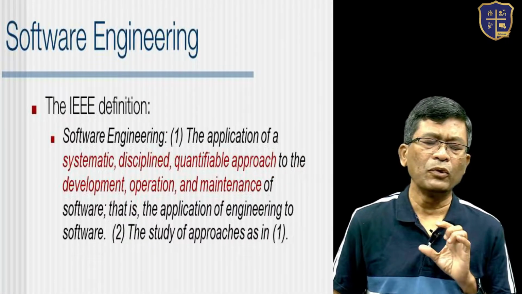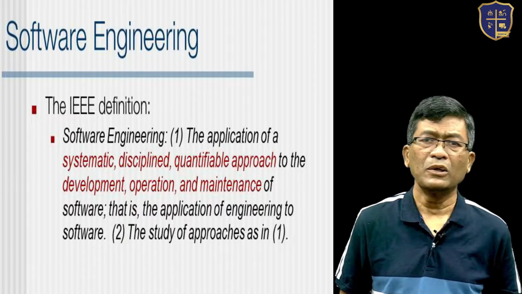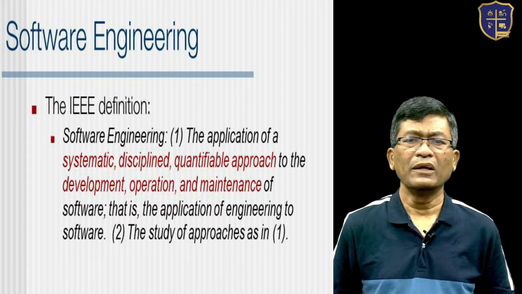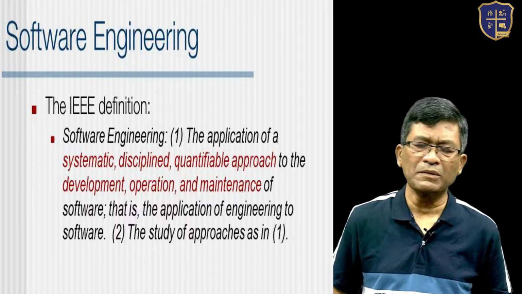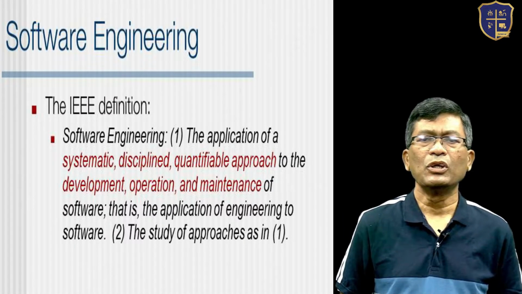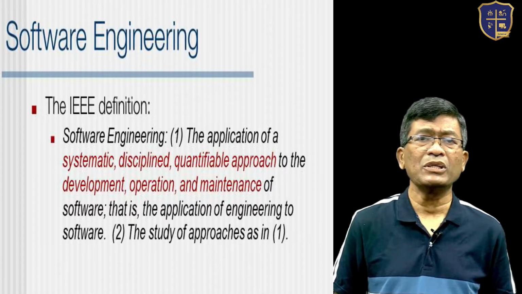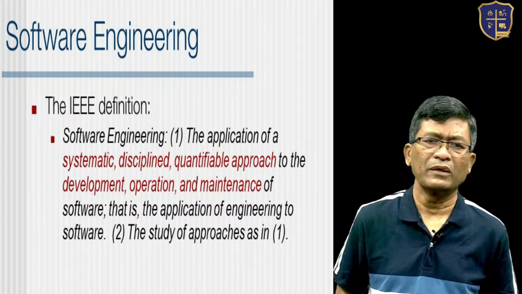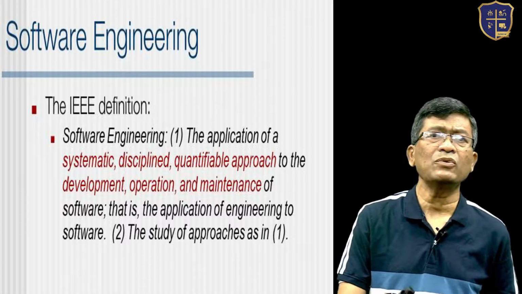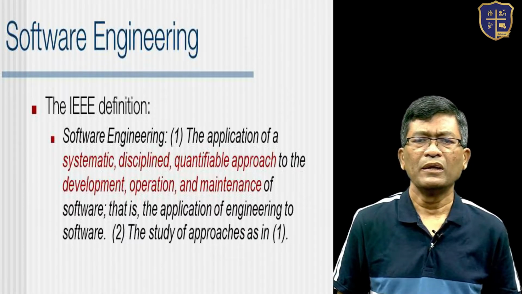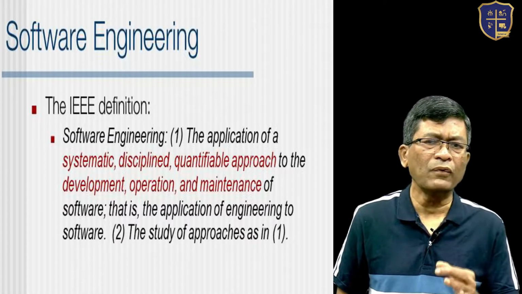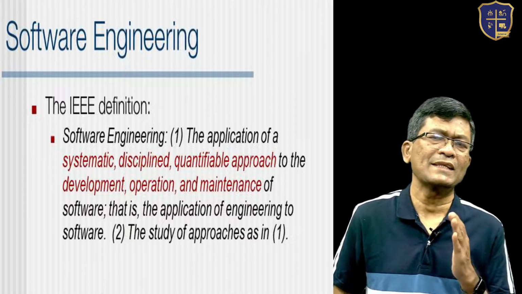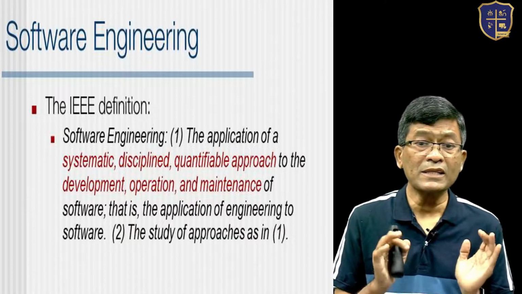IEEE has got a beautiful definition of engineering which is applied to software engineering. Software engineering is application of systematic, disciplined, quantified approach to development, operation and maintenance of a software. Application of engineering to software is software engineering. So it is very important to know that you need to follow the process in a systematic, disciplined